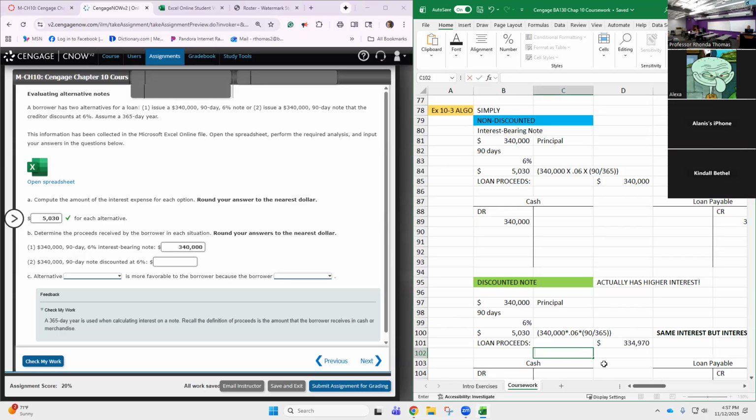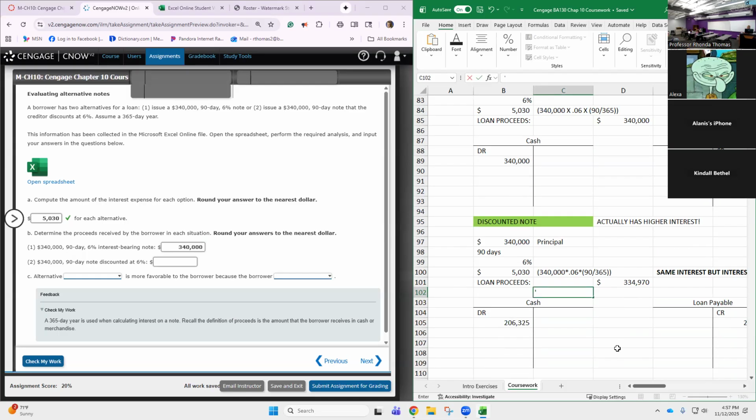Here is what it will look like. My loan is $340,000. I'm going to subtract my interest, and that's going to leave me with the proceeds of my note,